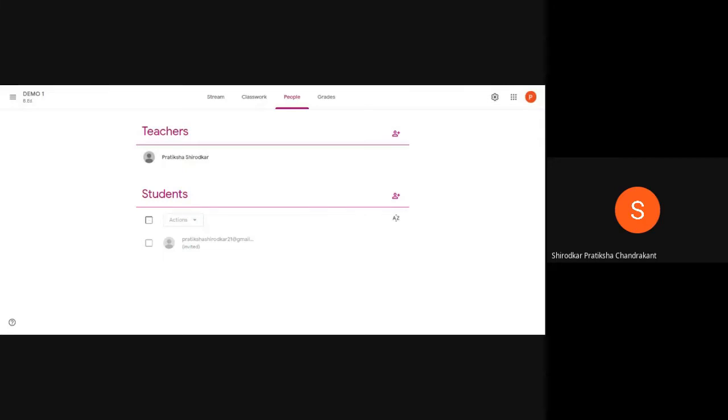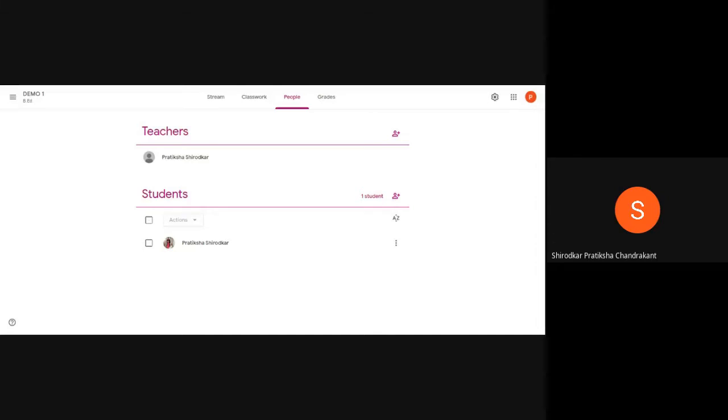Okay, so I'm just joining the class now. So the moment I join in, you will be able to see my name there in the student section. Okay, so I have joined the class. Yes. So now my name has come because I have joined the class, and you can see my name here as well in the student section. This is another mail of mine to which I've sent the mail in order to join the class. Okay. So now I know how to add students. Now we know how to add collaborators.